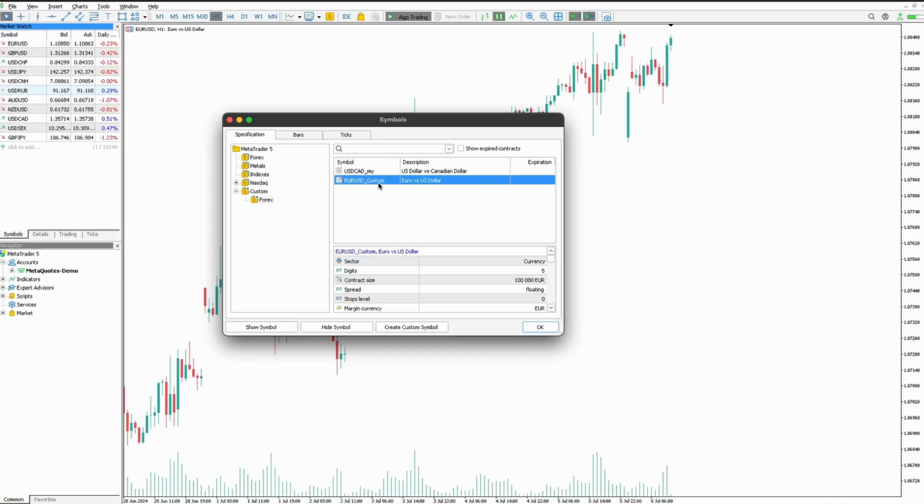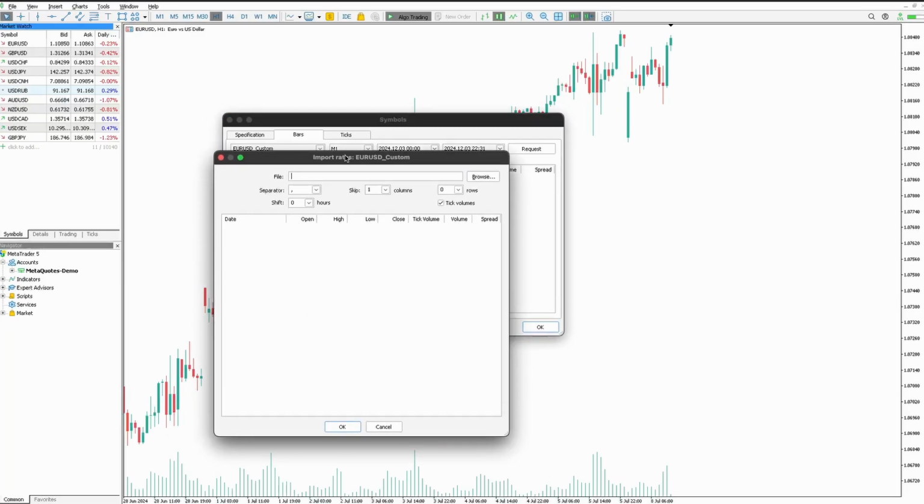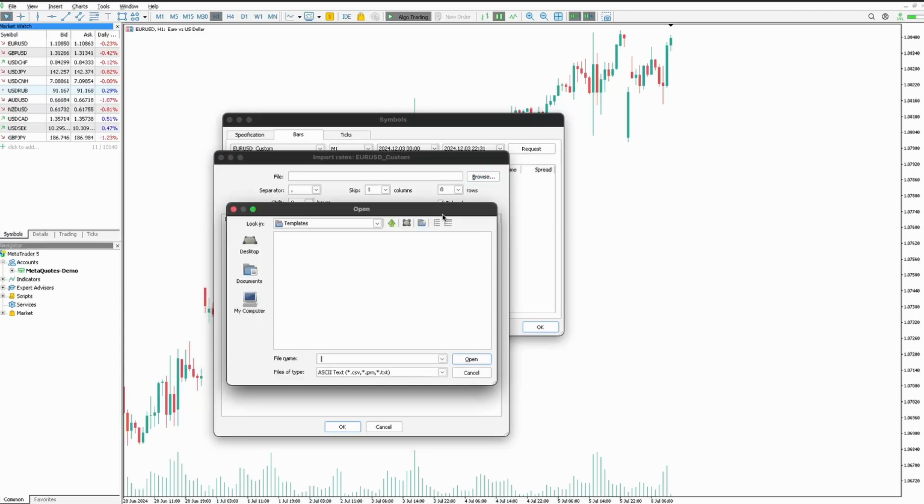So in this case, euro US dollar, once I've selected it, you now go to bars. As you can see, it's selected here, and another way you can do it is also to just select it from here. Once I've done that, I need to import bars. So I click on import bars, I browse, and I go to where I saved the data. As you can see, I know my file is here,